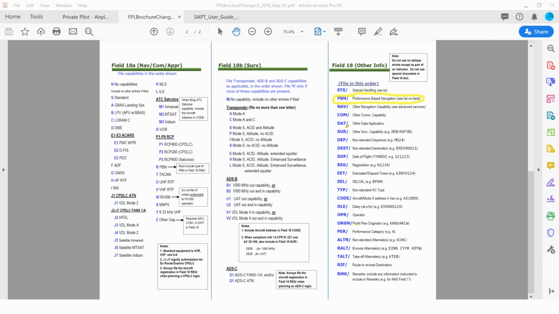Underneath the surveillance field, that's where we're going to put our 282 Bravo. So I circled both of those. So SUR/ you're going to put 282 Bravo in there.